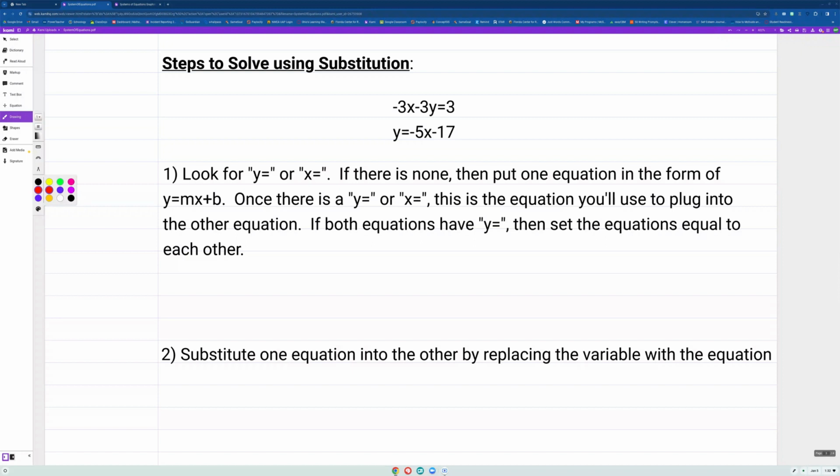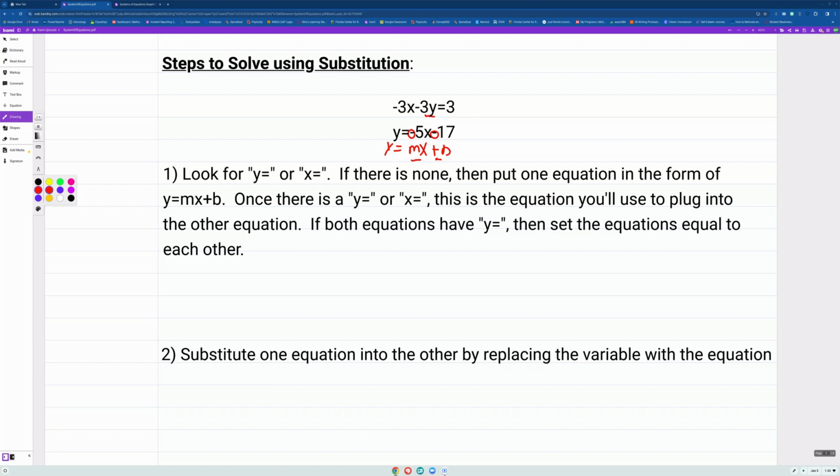Okay, one of the equations is in standard form, right? This is my y equals mx plus b. Okay, don't get confused with these being negative, but then these being positive. That's okay, as long as it's a number, x, and then an operation with b, that's fine. It's in standard form. So the other one is not in standard form. I could put it in standard form if I wanted to, if it was going to make it easier, but